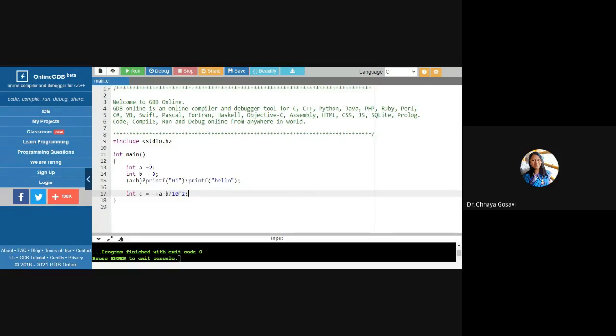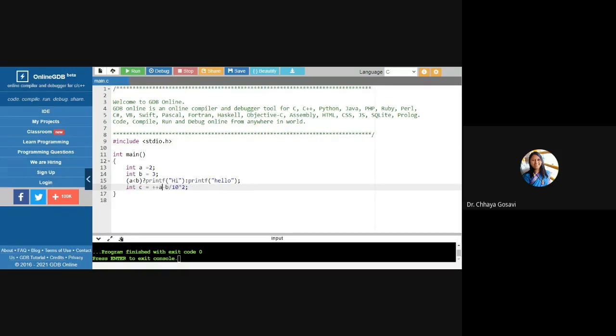So here precedence will be given to plus A, then division, then multiplication, and then subtraction and finally the assignment. So what will be the output of this statement here?